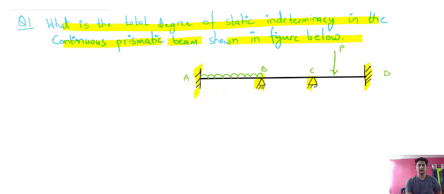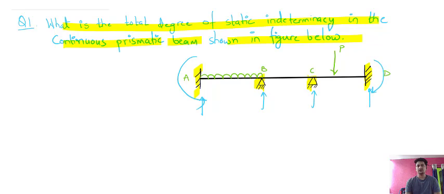In an earlier lecture I told you about two cases: the case of general loading, and the case of vertical loading or horizontal loading if it has been given. In this case the vertical loading has been given, so we need to remove the horizontal equilibrium equation and the horizontal redundant reactions. So what are the external reactions here? There will be only vertical reactions and one moment, and in this case also only vertical. We need to consider only vertical because vertical loading has been given.